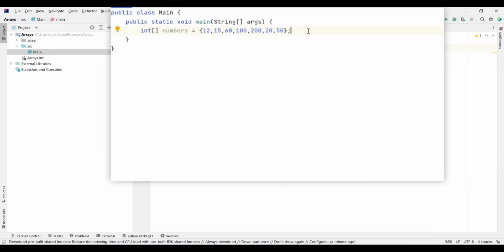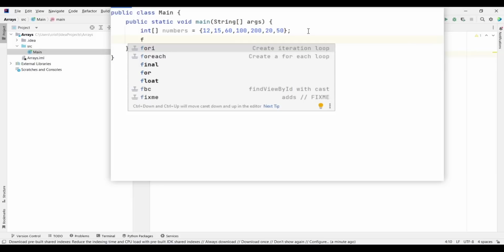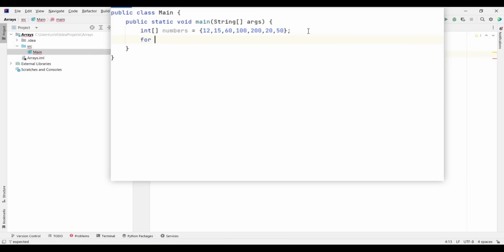Now, how can we print those values in the console? We can use a for each in this case, but I'm going to show you also how to use the classic for later. But let's first print it with a for each. So we type for, we put parentheses, and we type here int number colon numbers.